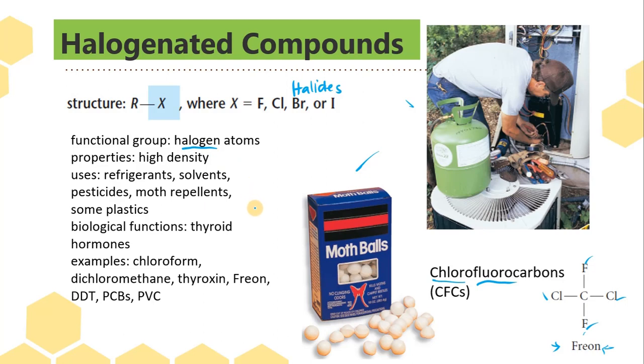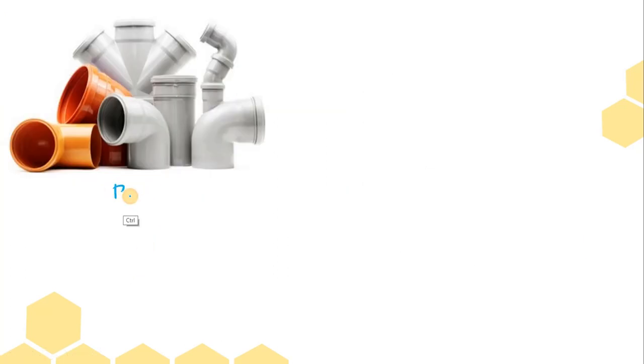The properties: it has high density. So it's used as refrigerants, solvents, pesticides, moth repellents, and as some plastic material components. As for biological function, halogenated compounds are also found in the structure of the thyroid hormone. Examples: chloroform, dichloromethane, thyroxine, the thyroid hormone, freon, a type of chlorofluorocarbon, DDT, PCB, and PVC, which we will see in the next slide. What are PVCs? Here is an example of polyvinyl chloride,